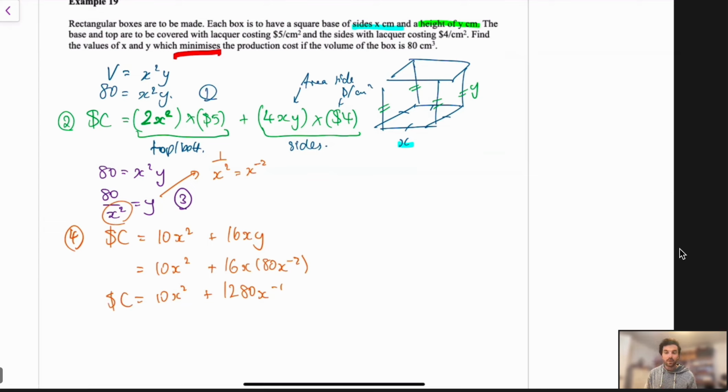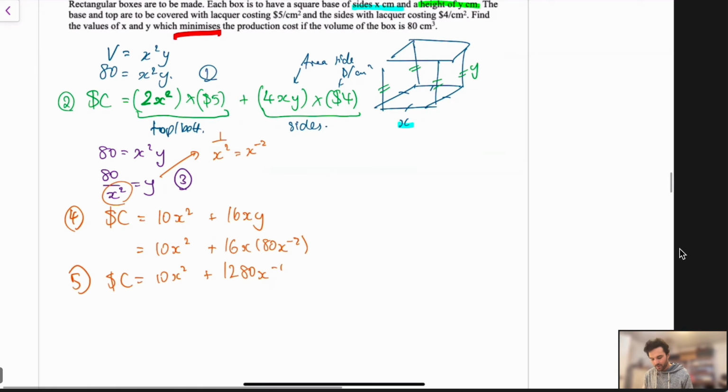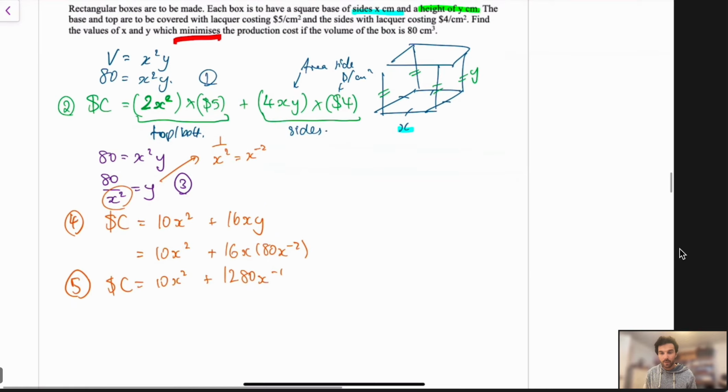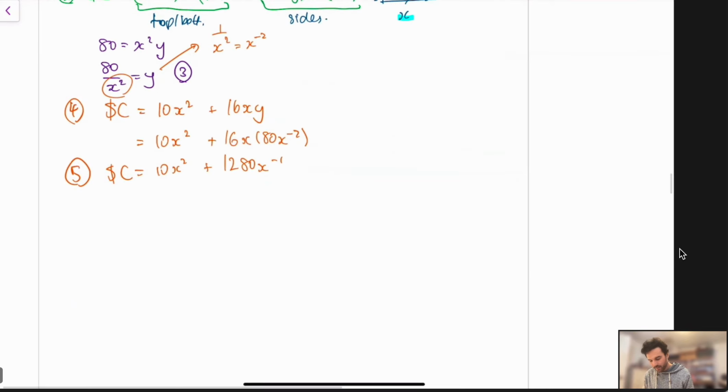So what we've got now is our cost equation just in terms of x, and we can call that equation 5 if you want, just a cleaned up version. Now what do we want to do? Well, we want to minimize this. So let's differentiate dC in terms of dx. Don't forget that negative 1, very easy to forget that. To minimize,